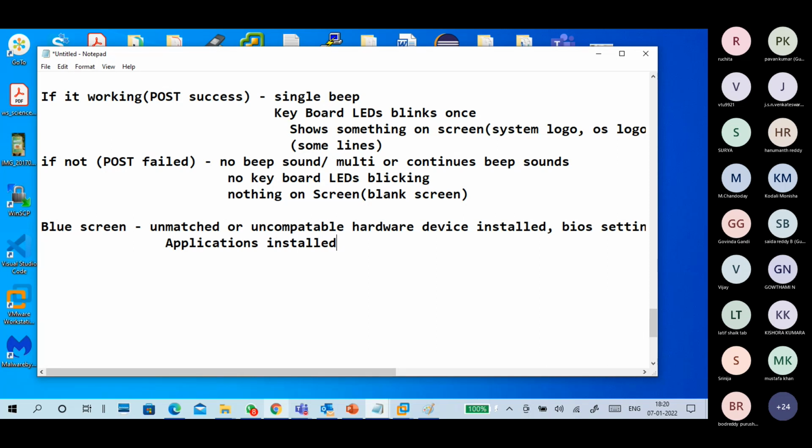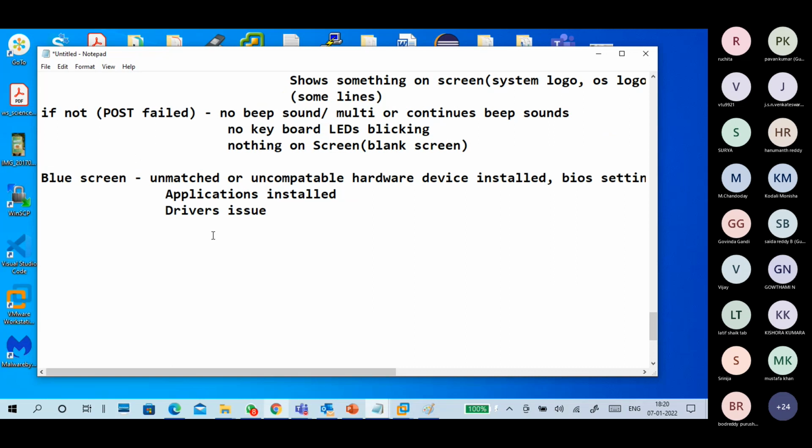Sometimes, drivers, driver issues. Don't put it as most of the time kind of stuff. So driver related issues. If you got a blue screen of death, a BSOD, blue screen error, what to do?